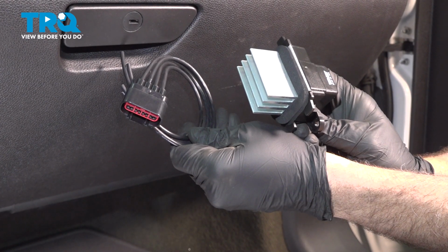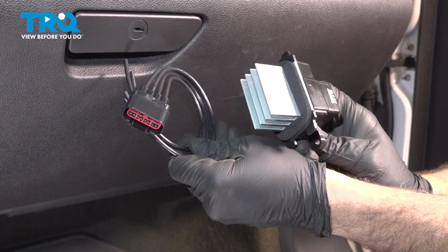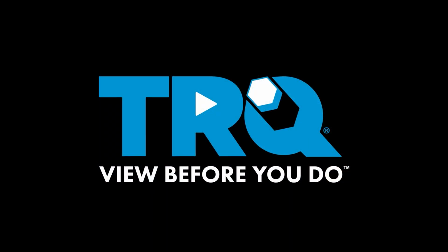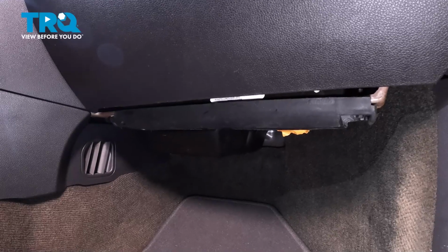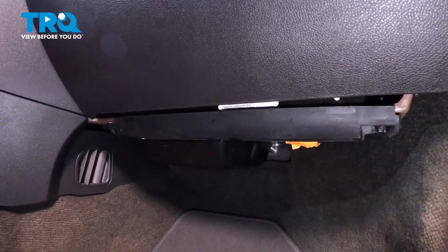In this video, we're going to show you how to install the blower motor resistor and wiring harness on your Ford Explorer, located up behind the glove box. Now, to gain access to the blower motor resistor, we're going to come in underneath the glove box here, and